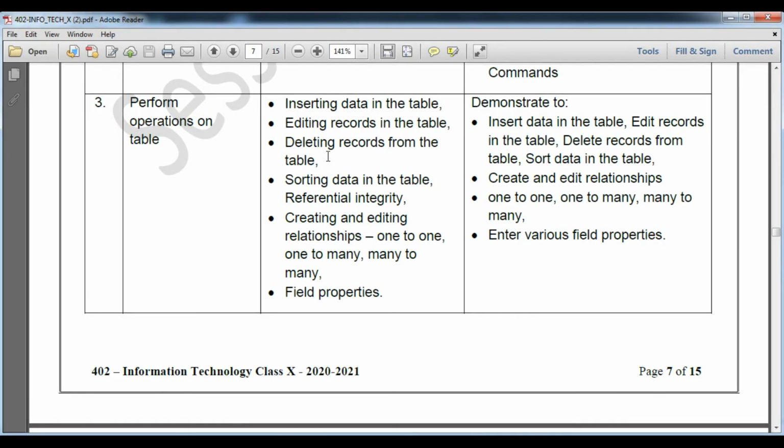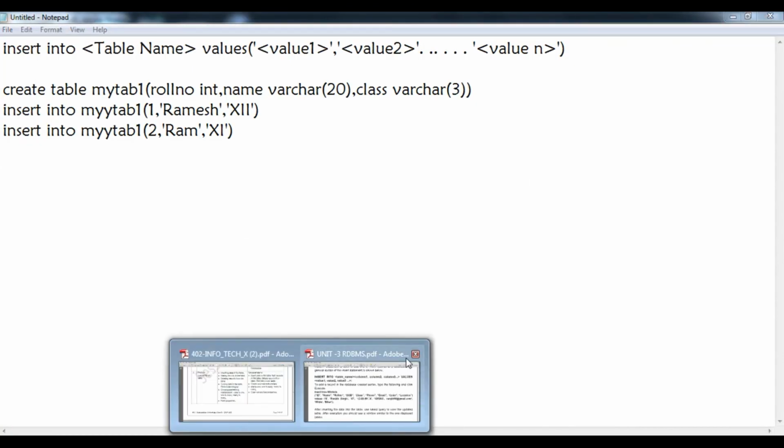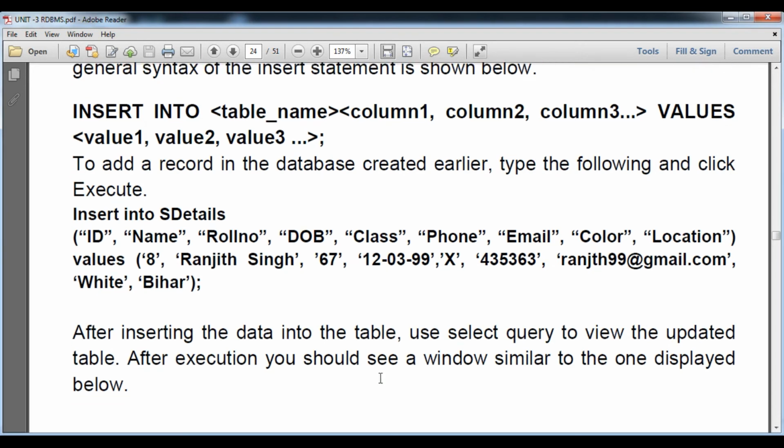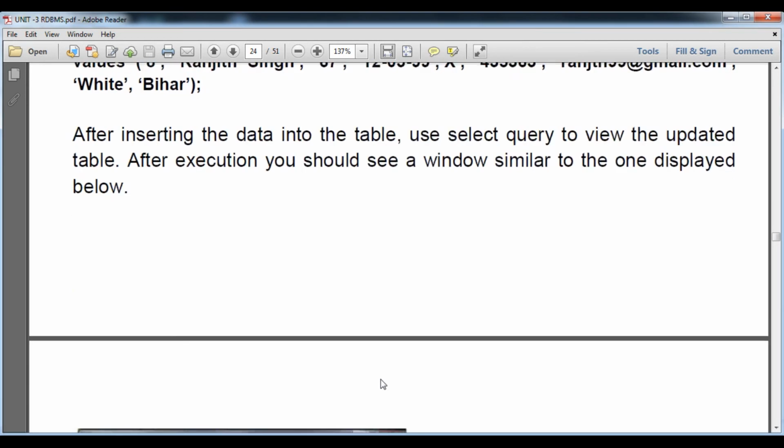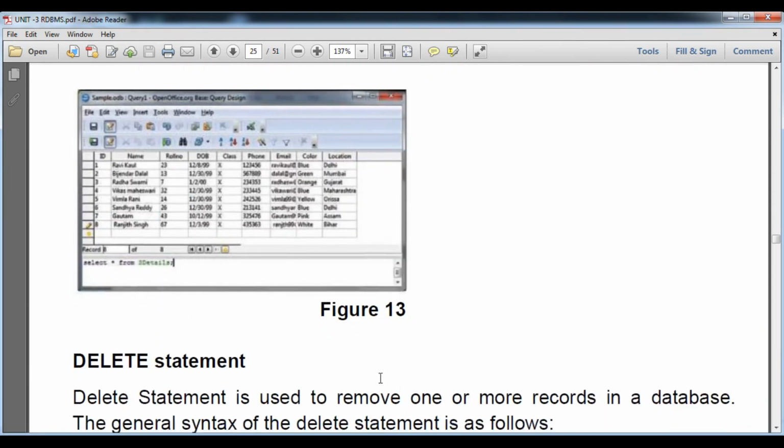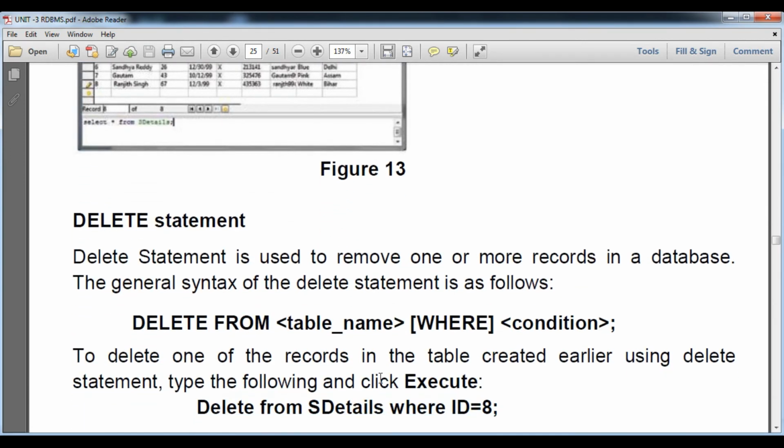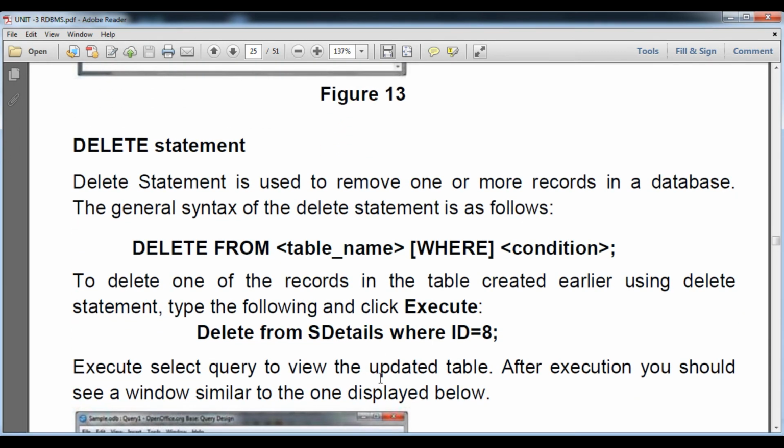And now we are going to perform the next command, which is how to delete a record from the table. Here we can delete a record of a table with the help of a DML command only, data manipulation language command. After this, we will see the table has been created. Now you can see, student, there are 2 methods by which we can delete table records. We can delete a particular record from the table, or we can delete all the content also. First of all, we are going to delete a particular record.